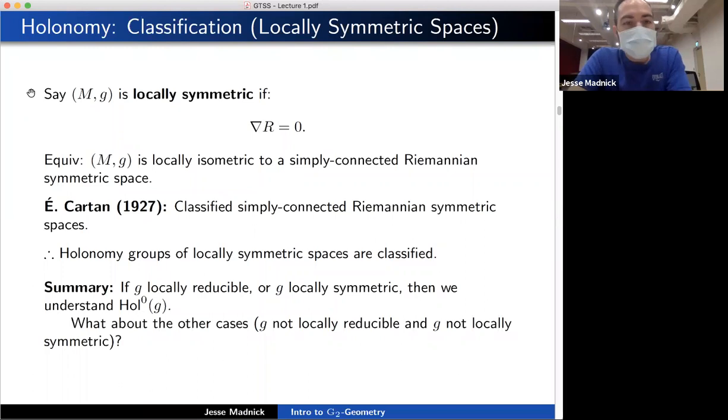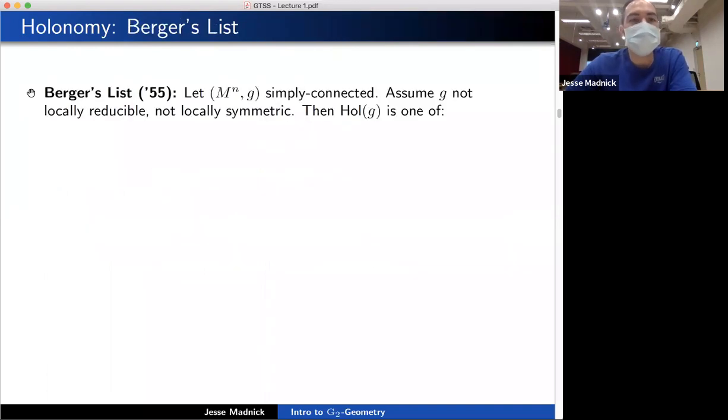So this takes care of the classification in the case where the metric is locally reducible or locally symmetric. That leaves literally every other metric. So what can you say about all other metrics in the world, ones which are not locally a product and not locally symmetric? So what you can say is